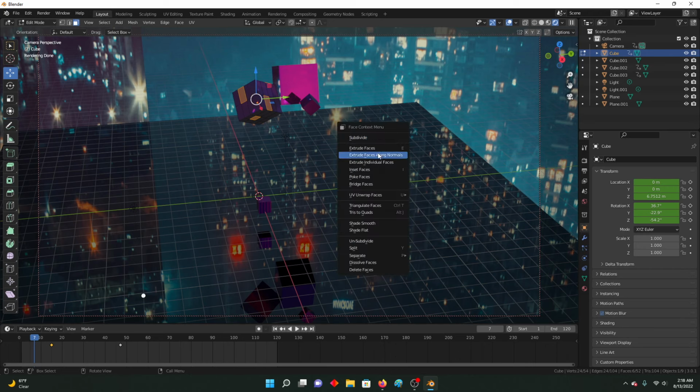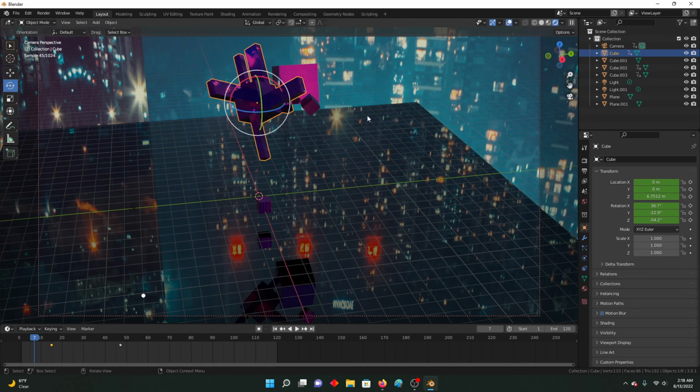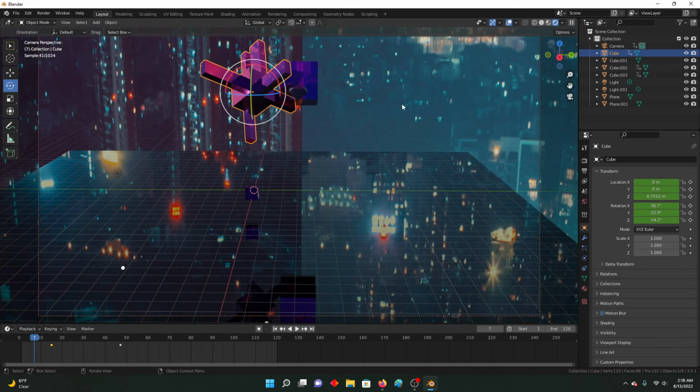And then I'm going to extrude faces along their normals. So it's going to go straight out from where it's facing. And then I'm going to move my mouse. And so now all those faces get extruded. So that's just a taste of edit mode. Now we've totally changed how this looks. So that's how you start to get into actually modeling. But just to recap,